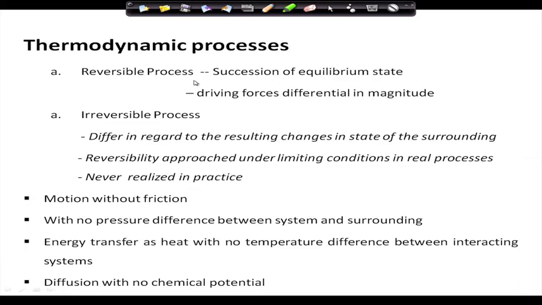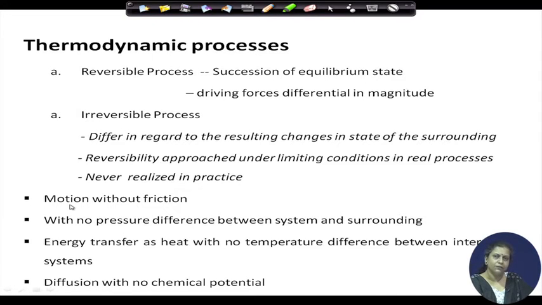The path of the process can be traced only for a reversible process. So, therefore, a reversible process, although an idealization, it is very important. We try to simulate, or we try to idealize each particular process as a reversible process, where it comprises of a succession of equilibrium states with driving forces between the system and the surroundings being differential in magnitude,